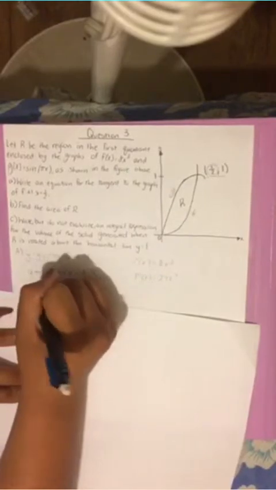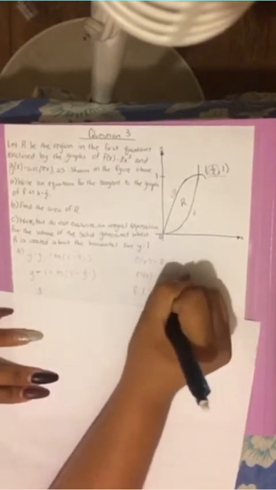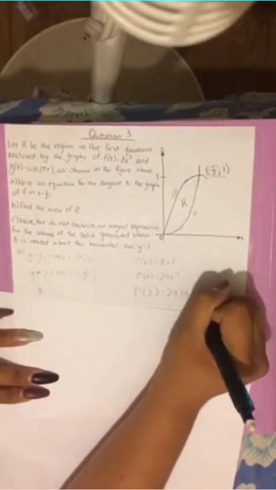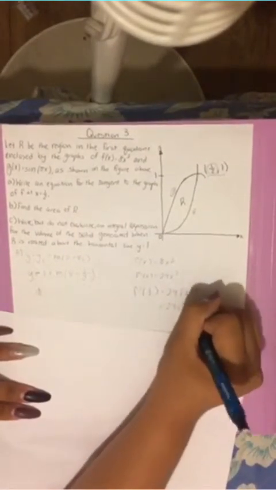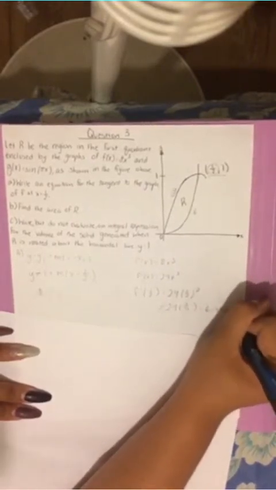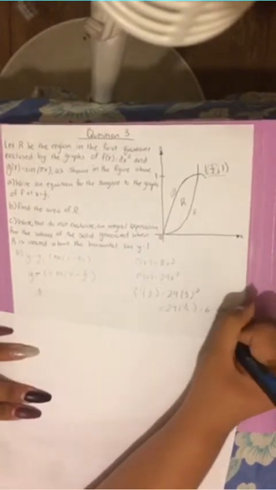This is going to be f prime of 1/2, which will then become 24 times 1/4, which will equal 6, which is now our slope of the tangent line,